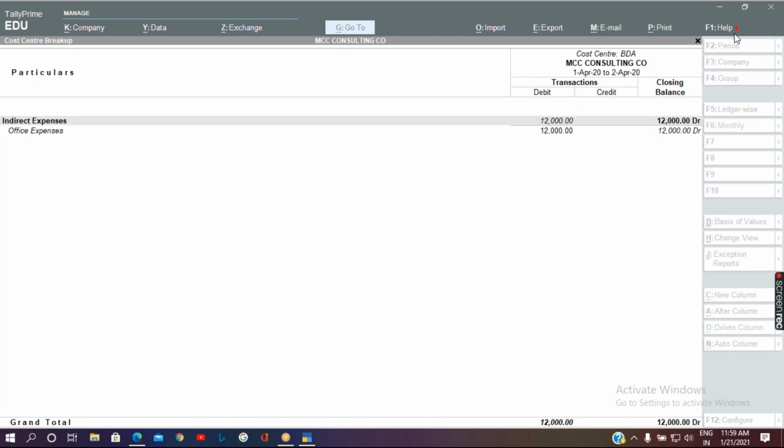Okay, so the next concept we will see is TDS. Have you heard this word TDS? Can anyone try to expand what TDS is? Tax deducted at source. Very good. So tax deducted at source.